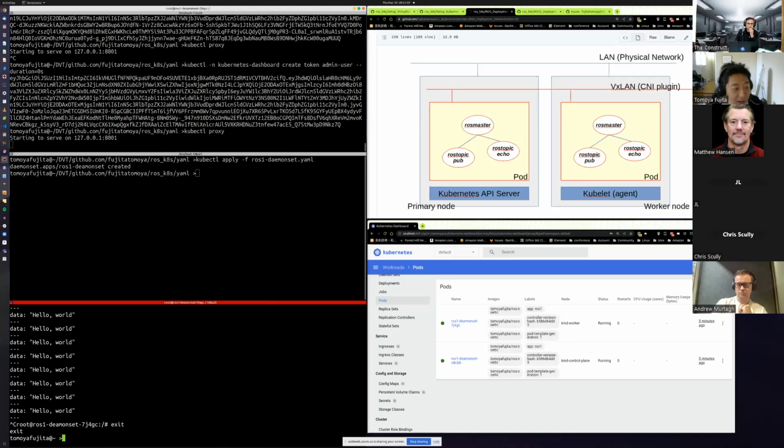Exactly. But is the understanding for using daemon sets for your robots that we're assuming that each robot will have an individual node on it? Yes. Okay. And then with that, does that mean that